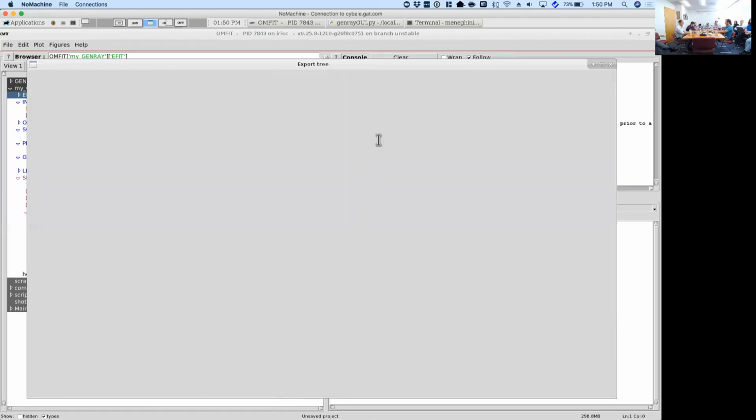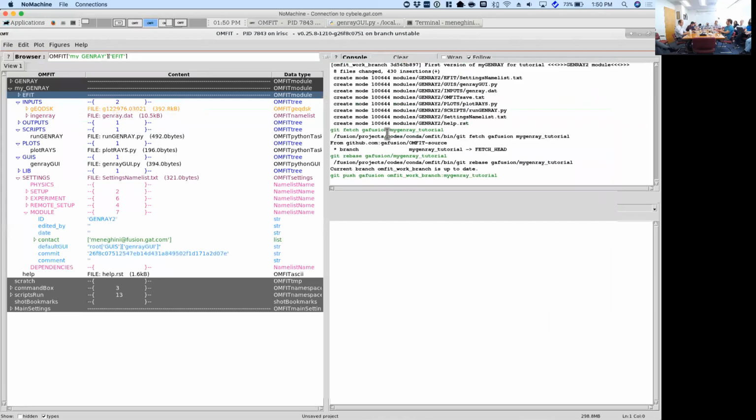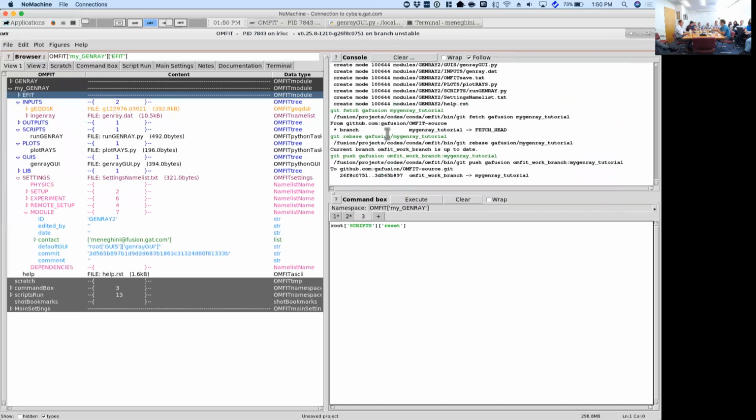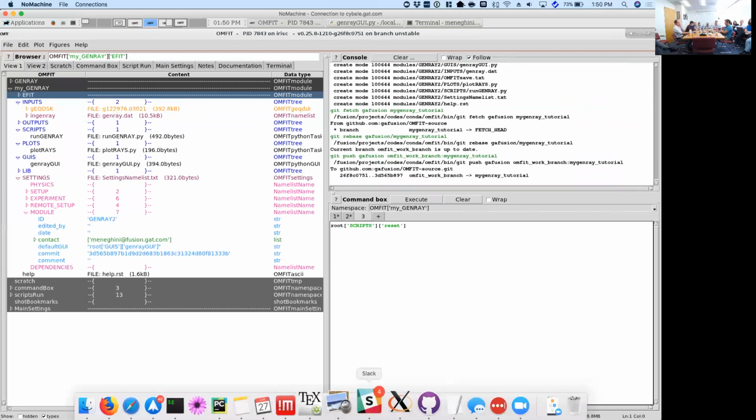And when that happens, OMFIT is going to take what we said to export and push it on GitHub. Okay. Now, if we go,